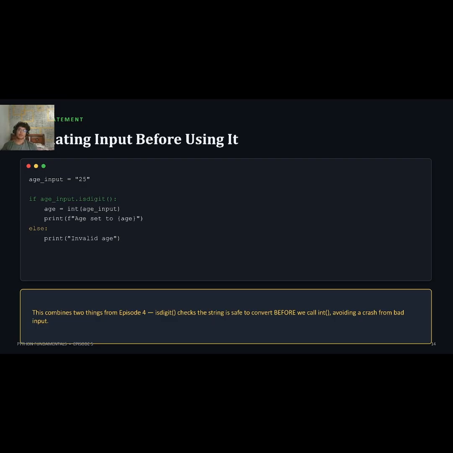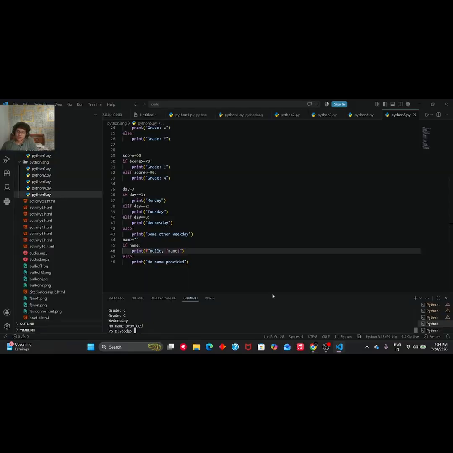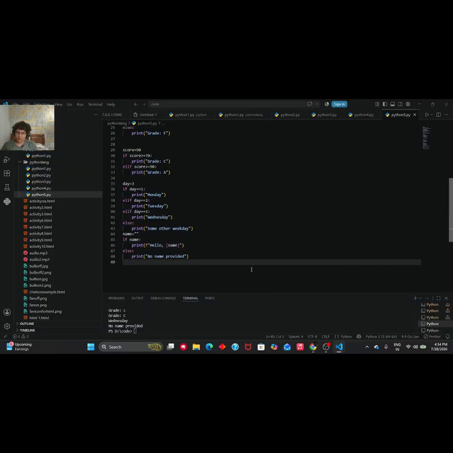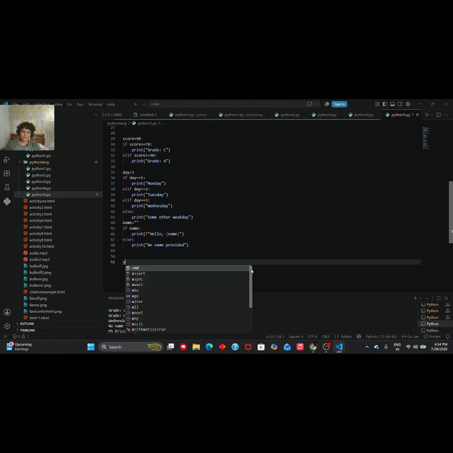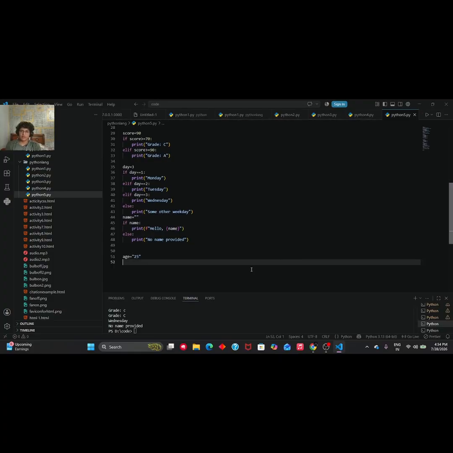Validating input before using it. Let's try this code. What's the code? Age equals... I hate these indentations. Age equals 25। हम इसको स्ट्रिंग में डाल देंगे। वैलिडेट करना है ना हमें। इसमें हम वैलिडेट करेंगे ये स्ट्रिंग है क्या। कैसे करेंगे वो? इस डिजिट से।